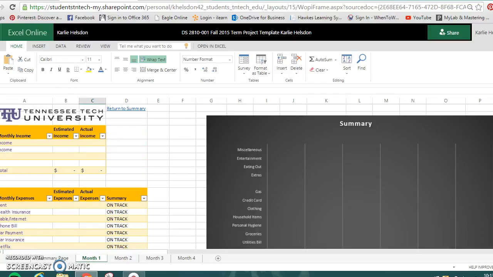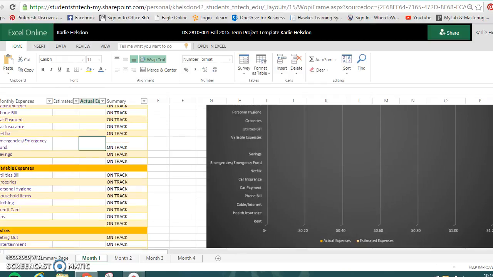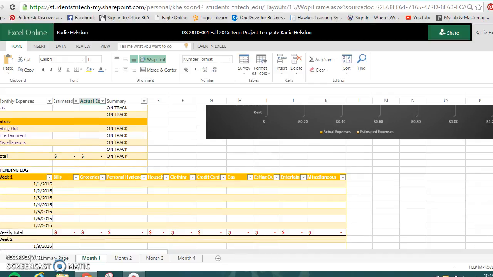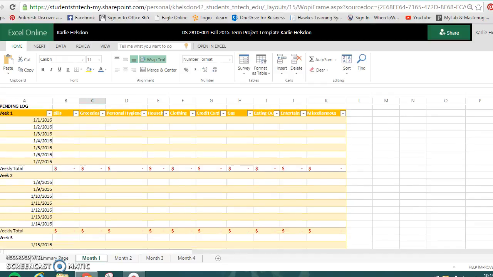So down below here is your spending log, and what you do is every time you spend something you log it. Pretty self-explanatory. So groceries, say you went to Walmart and you picked up some chicken and maybe some rice and beans because you were really hungry and you spent $23. Well, that's for this week, and it will add up at the bottom here. So you spent $23 this week,